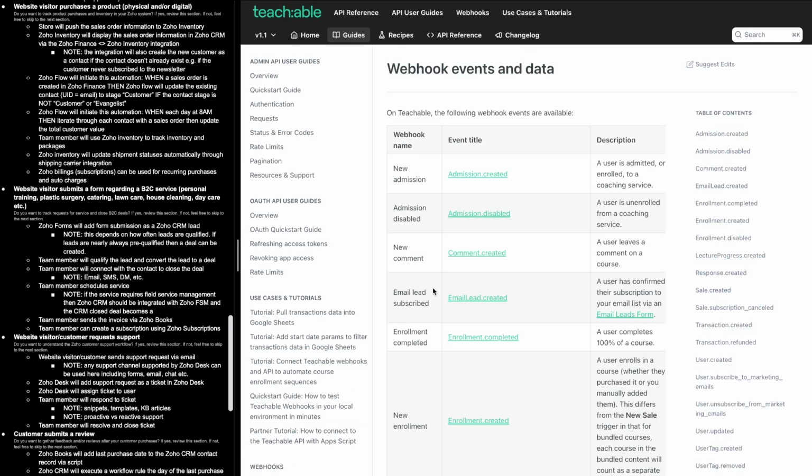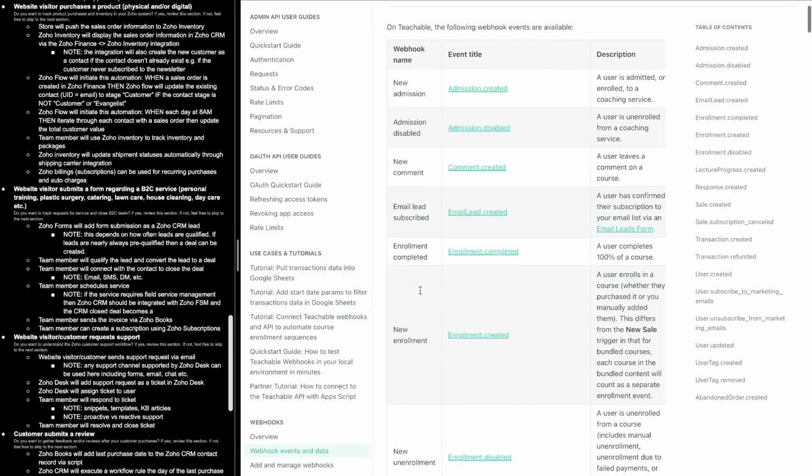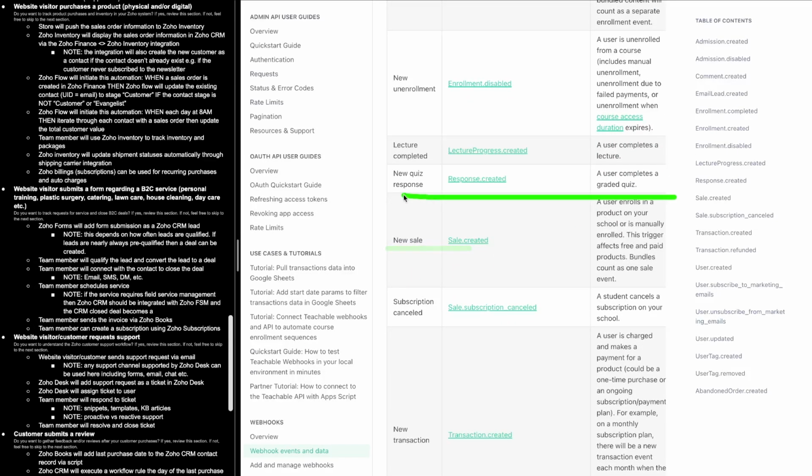And we can say they have webhooks, which means if we think of an automation in terms of when, if, then: when something happens, if it meets a certain criteria, then we're going to do something about it. We want to say when there's a new order, a new sale, we want to take the sales information and push that to Zoho Inventory or Zoho Books so that we can mark the sales order,